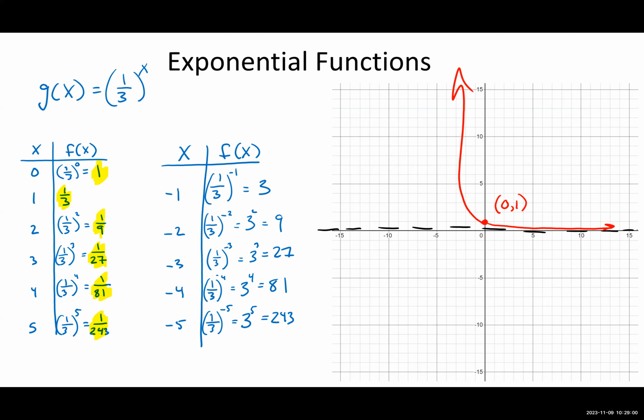3 is a positive number. 1/3 is a positive number. When you take a positive number, raise it to an exponent, you always get a positive number back. So raising it to the power of x is how you get your y values. So a positive number to the power of x is always positive. So the y values are always positive. So for both of these functions,